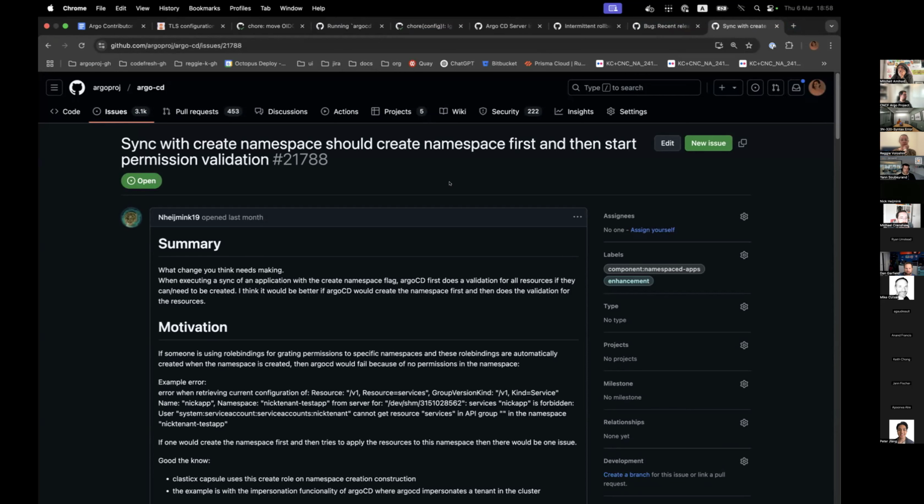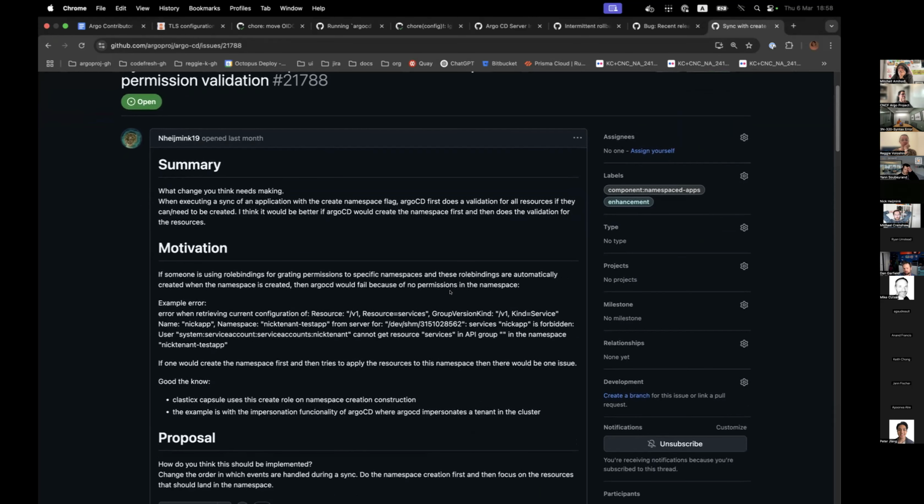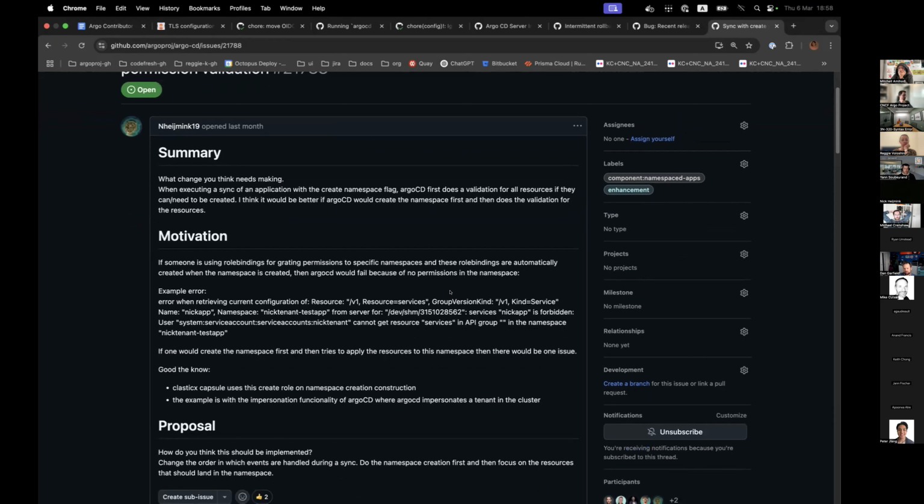When we create namespaces, we have an external webhook that adds permissions to the namespace. So the permission to create service accounts or deployments and all that kind of things. We do this using a package called Capsule. And I saw that another person had the same issue with some solution that's from OpenShift.